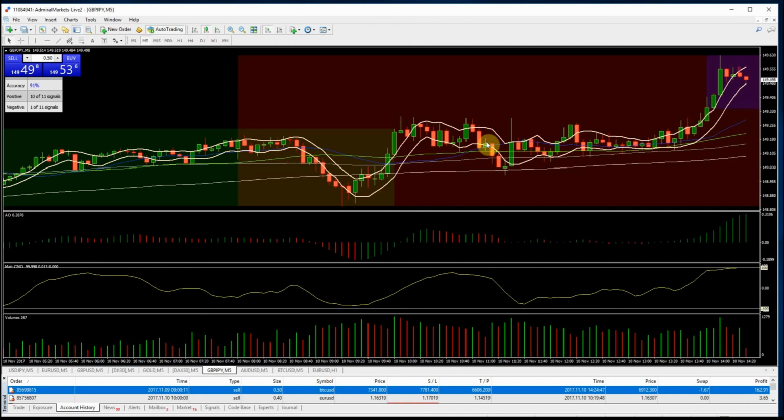There's just too many factors against it, and you need everything to be lining up in order to take a trade these